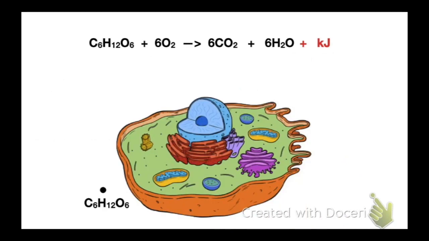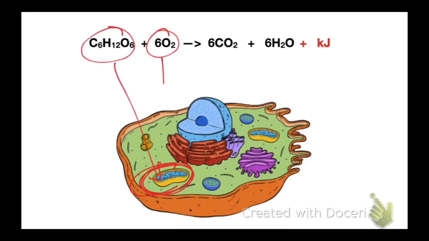There's an animal cell. The animal cell takes the glucose. There's the oxygen. Oxygen gets in through the bloodstream. And remember, this is the mitochondria. That's the powerhouse of the cell. So glucose and oxygen are in there. And then when cellular respiration happens,